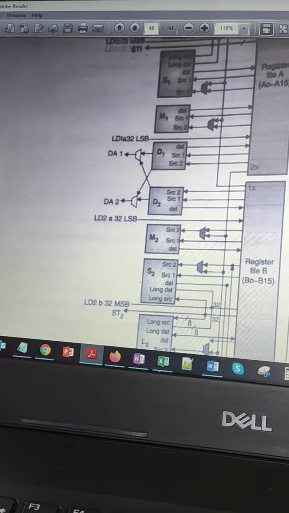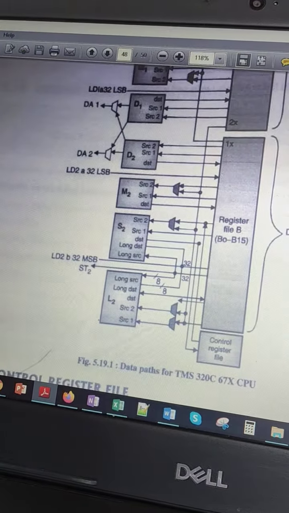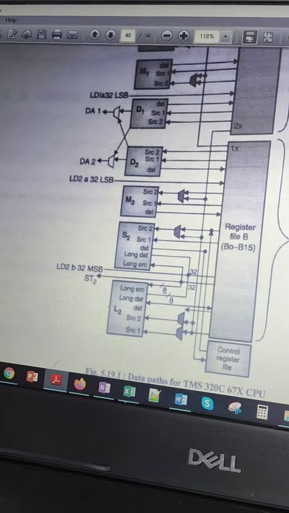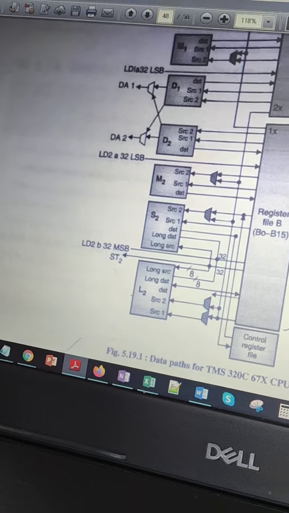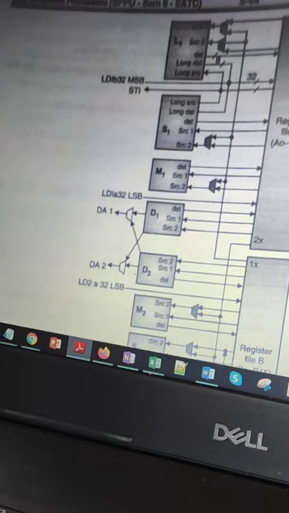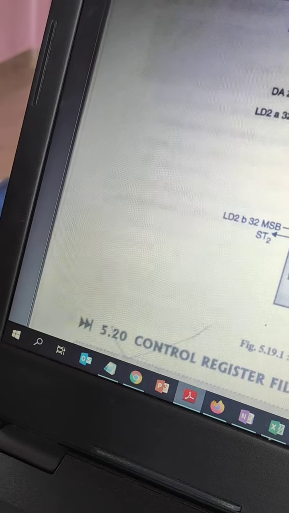In that, the register file, this is first A0 to A15, and these are the register file B0 to B15, that means data path A and data path B, and this is the control register file. Now that again consists of functional units L1, S1, M1, D1, D2, M2, S2, L2, like this.